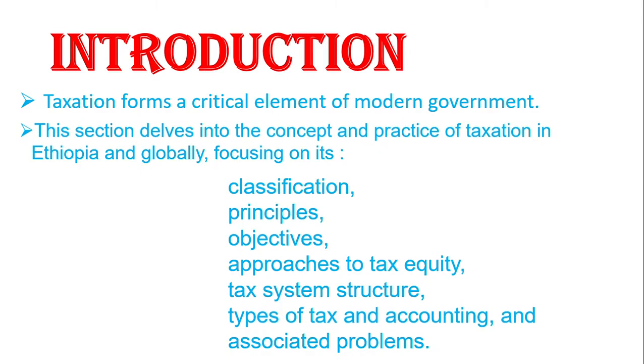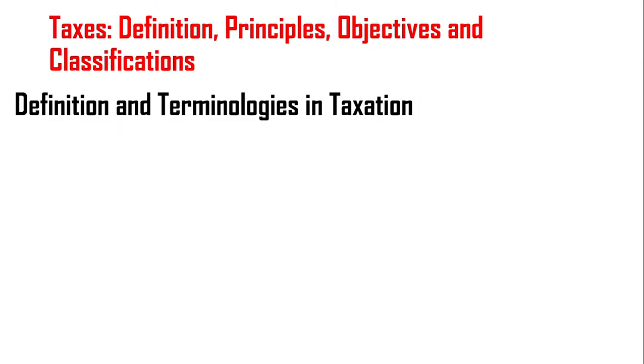በዋናነት chapter 5 tax theory and practice ጋር የምናወራው ስለ ታክስ ባህሪያት ስለ ታክስ ፕራክቲስ ምን ይመስላል በኢትዮጵያ እንዲሁም ደግሞ በዓለም አቀፍ ደረጃ የመሳሰሉትን ፖይንቶችን እናያለን። ፎከስ ከምናደርግባቸው ፖይንቶች መካከል the first one is classifications of taxes, the second one is principles of taxes, the third one is the objectives of taxes, the fourth one is approach to tax equity, the fifth one is tax system structure in Ethiopia and globally, and the other one is types of tax and accounting and associated problems of taxes የሚሉትን ፖይንቶች በዋናነት በዚህ ቻፕተር እናያለን ማለት ነው።